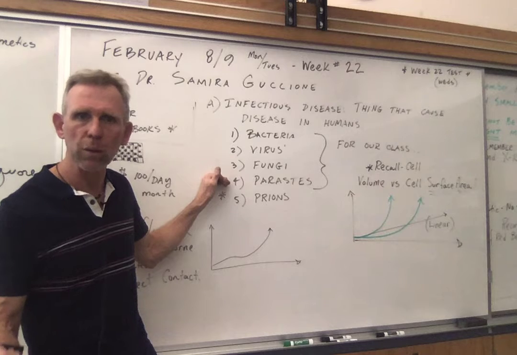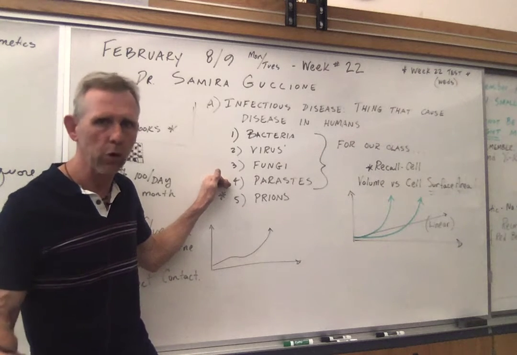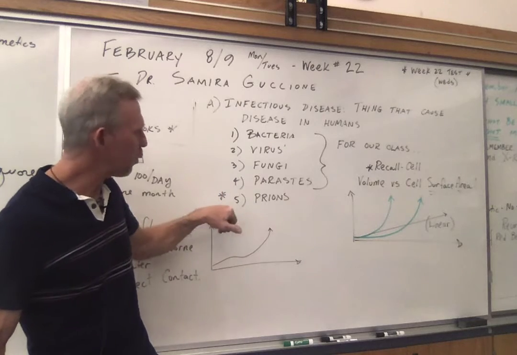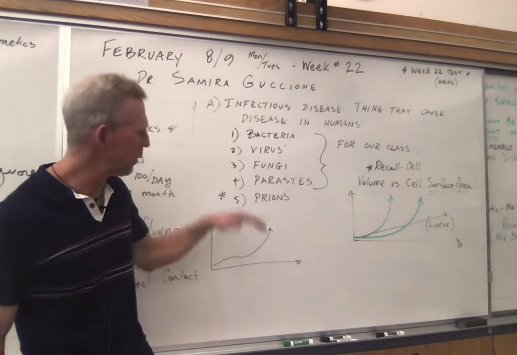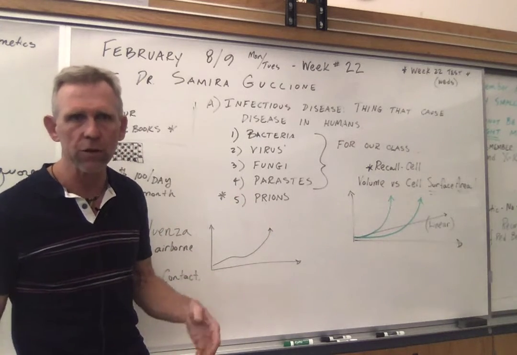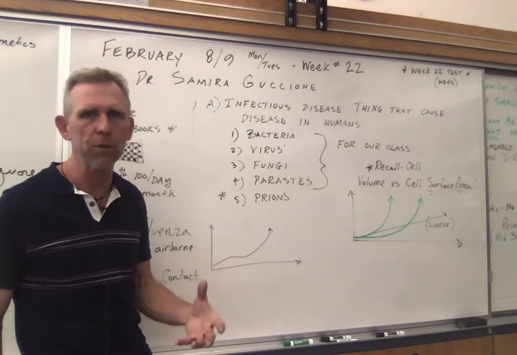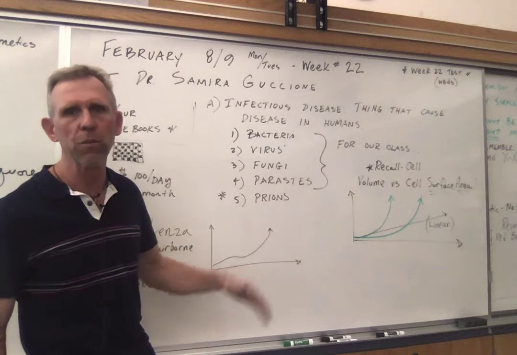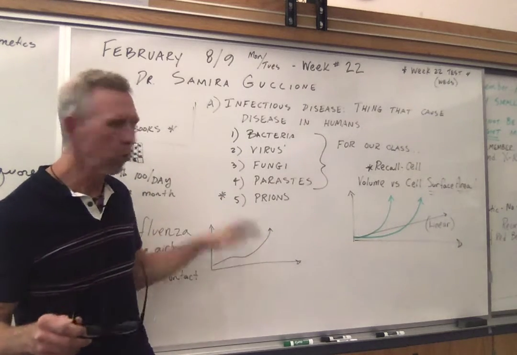That was one of the ones we talked about, for example, Giardia, making sure that you have boiled your water if you go camping in the high Sierra. This one I put in here just for completeness. We don't really talk about it much in the class, but I still want to include it. Prions, it's not a living thing. It's not a virus. It's a type of protein that can affect other proteins and cause a type of disease. Not really something that we cover in this class too much, but again, I wanted to put it up here for completeness.